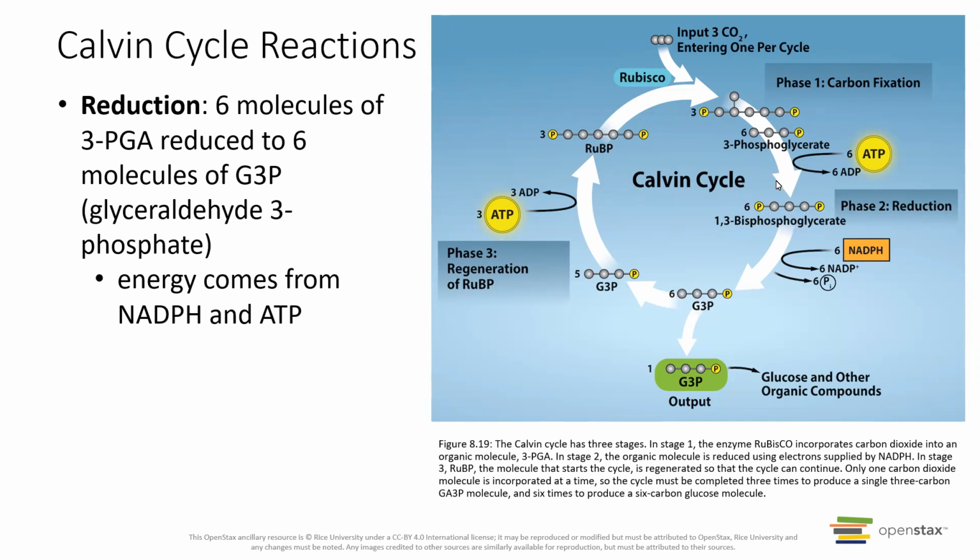So we fix the carbon into this molecule, then we reduce that molecule, and we end up with G3P, glyceraldehyde 3-phosphate, meaning that it is a glycerol, but aldehyde because it's got the hydrogens on it, and then 3-phosphate, meaning that the phosphate is on the 3rd carbon. This is the thing that is going to go out into the cytoplasm of the cell to get